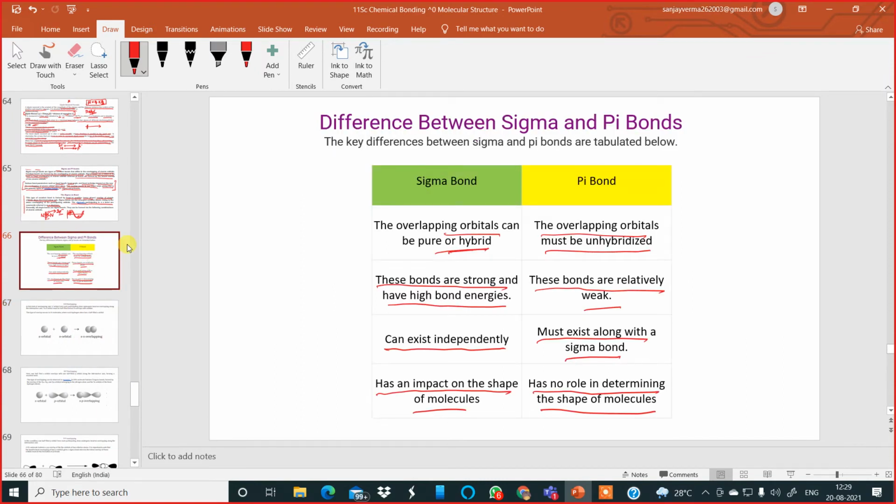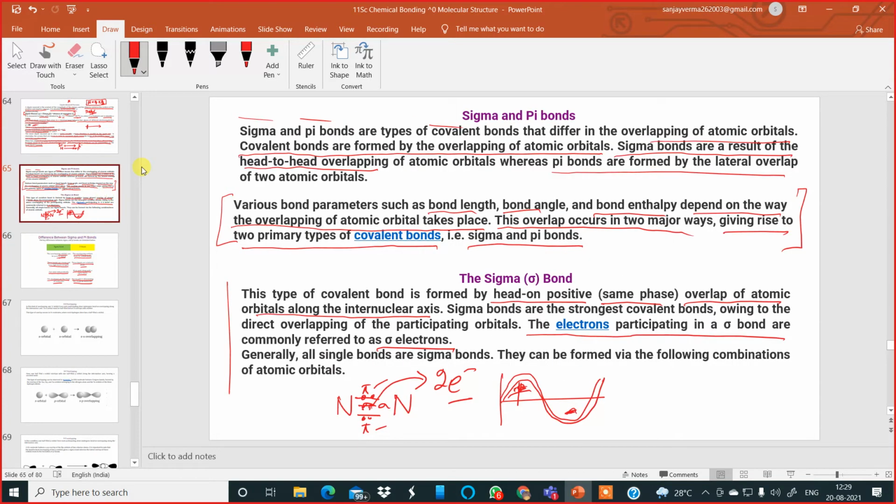So in the previous slide, how did you differentiate the sigma and pi bonds? In the sigma bond, if the orbitals, say this one is a pz orbital, okay? I bring another pz orbital. If they overlap this way, if they come closer, this overlap results in the formation of a sigma bond, okay? Am I clear?